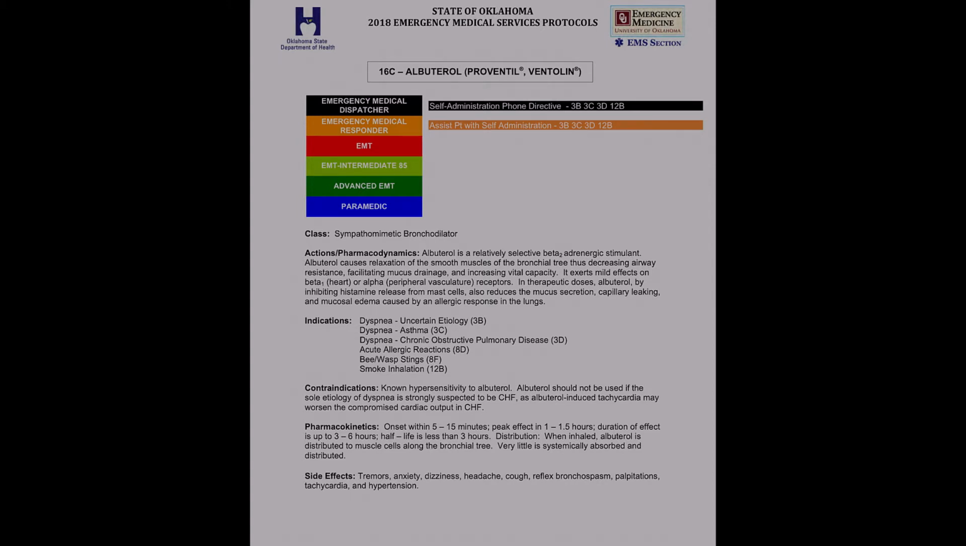So it's extremely safe, and it should be used probably twice as much as we use it. And we'll talk about why when we get into some of the protocols we use it in, just starting with the formulary here. It is a bronchodilator, so albuterol just dilates your bronchioles and opens your airways up so that you can breathe better, right? So we use it in cases of bronchospasm,